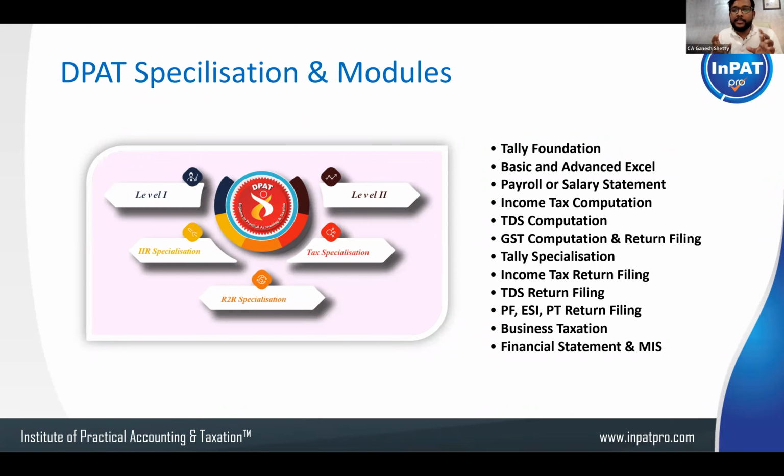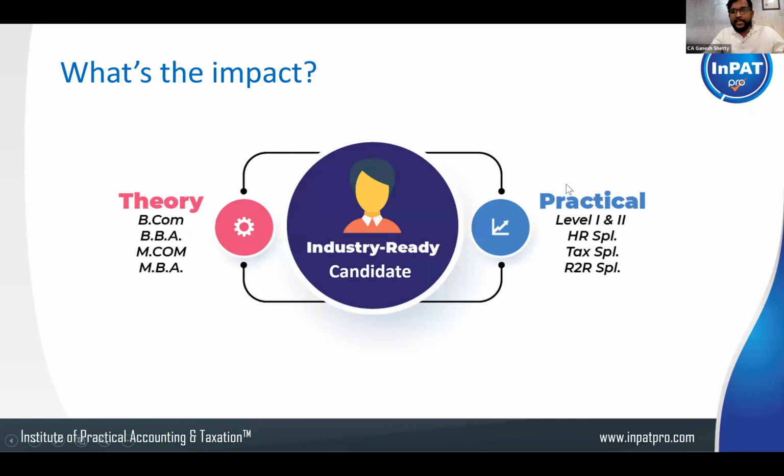In all these customized modules, I would have taken only GST. I would have taken only TDS, because I need to learn TDS. So what was the intention to take up these courses? Because you wanted to add some skill to your CV, right? That's the major intention. What you are going to do, what was the final impact on your CV should be. So you would have qualified as a BCom, BBA, MCom, or MBA, or any other for that matter. You would have learned so many theory topics in your curriculum, in your college, and you would have started your